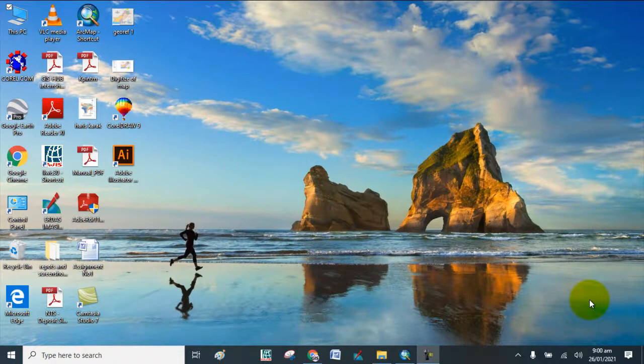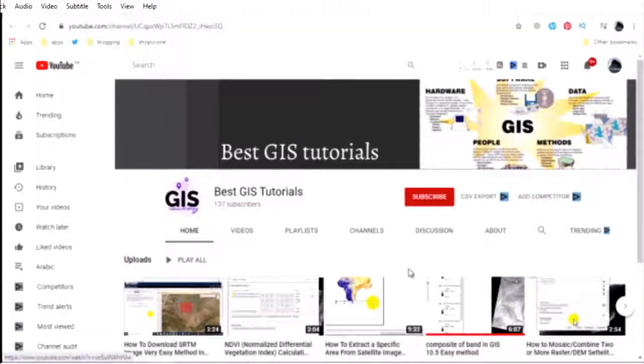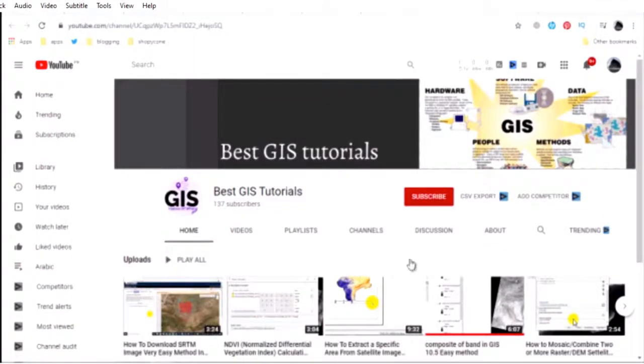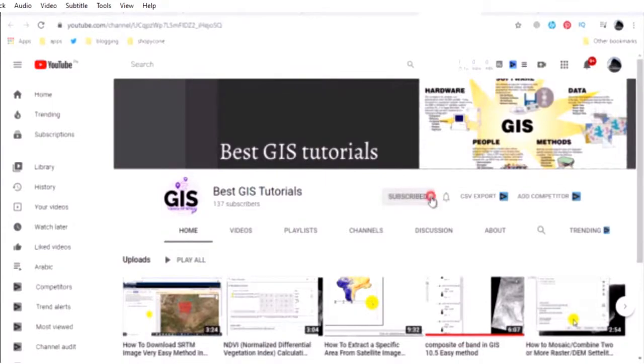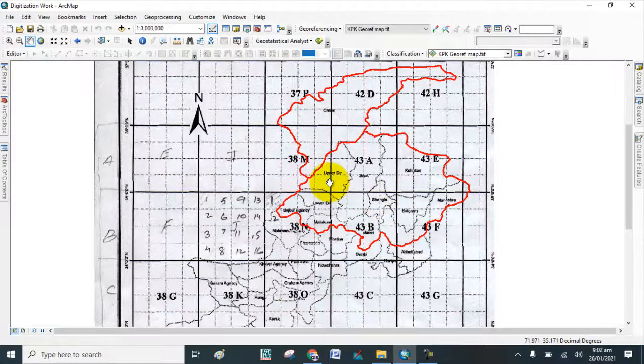In today's lecture, I will show you how to use the Cut Polygon tool for digitization. Here you see the previous work that we have done. Today we will use the Cut Polygon tool for digitization. We digitize these districts with the help of the Cut Polygon tool. So go to Editor and start the editing